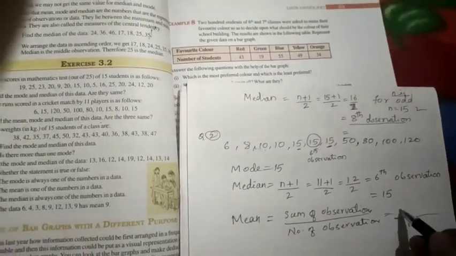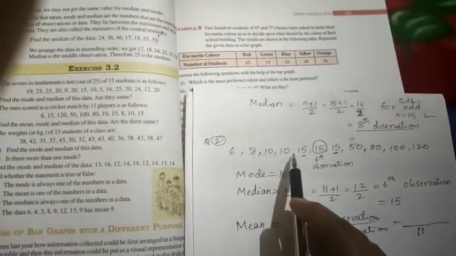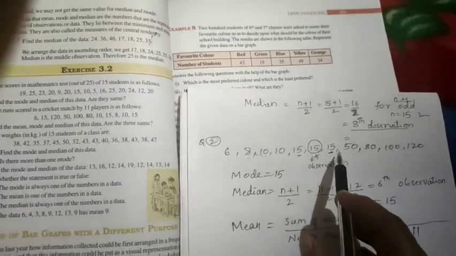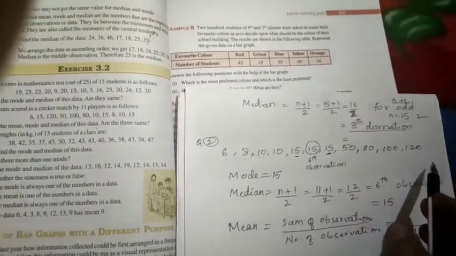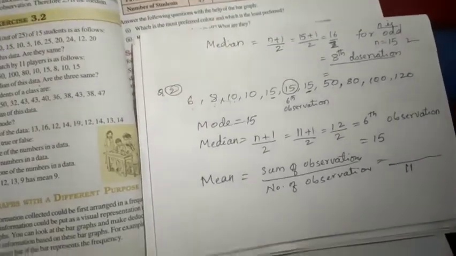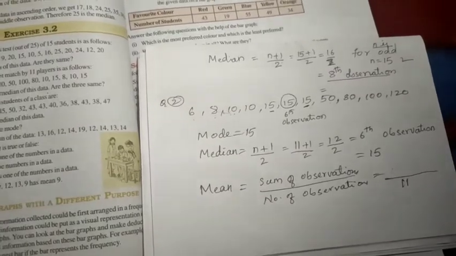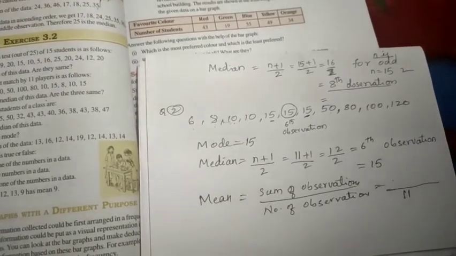So in the numerator you have to add all the numbers: 6 plus 8 plus 10 plus 10 plus 15 plus 15 plus 15 plus 50 plus 80 plus 100 plus 120. Add and divide by 11. What will you get? You see whether the mean, mode and median are all the same. In this case, no. Mode and mean